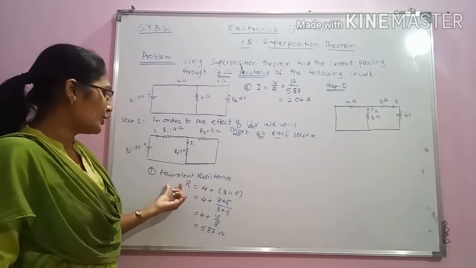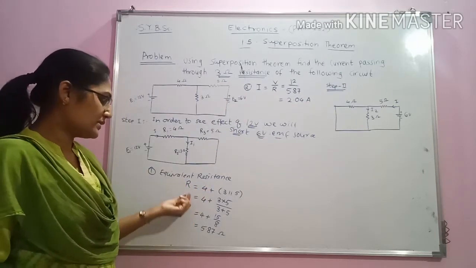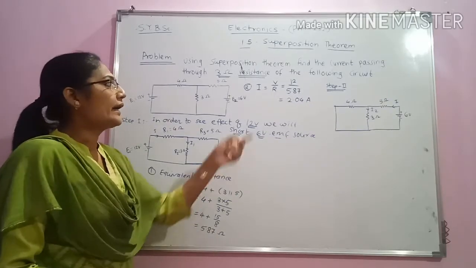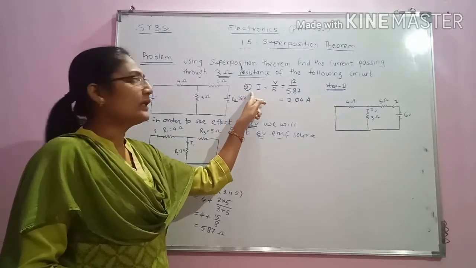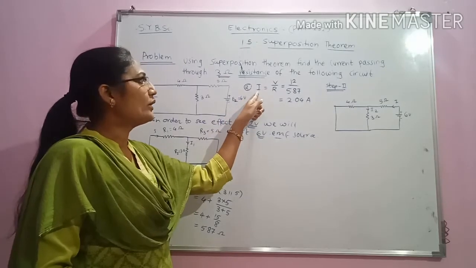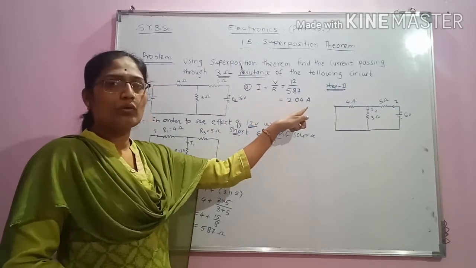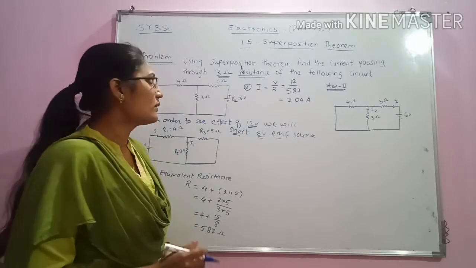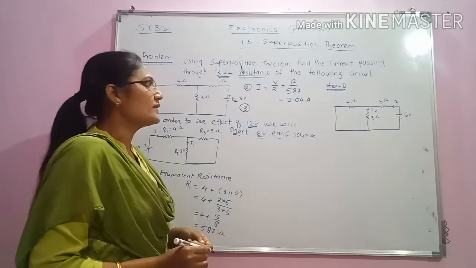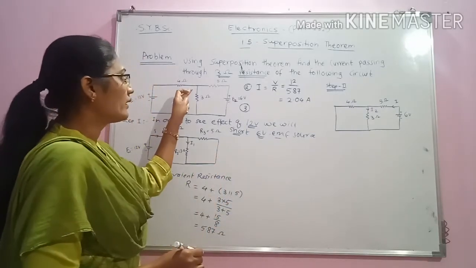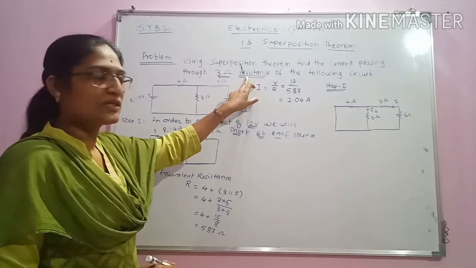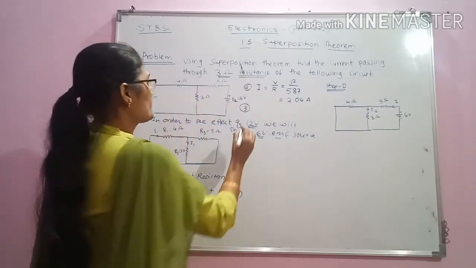It means that initially we have calculated the equivalent resistance R. It comes out as 5.87 ohm, and after that we have calculated the current due to this 12 volt battery, and its value comes out as 2.04 ampere. Now the third and last step related to the first, 12 volt battery circuit, is we have to calculate the current passing through the 3 ohm resistance.